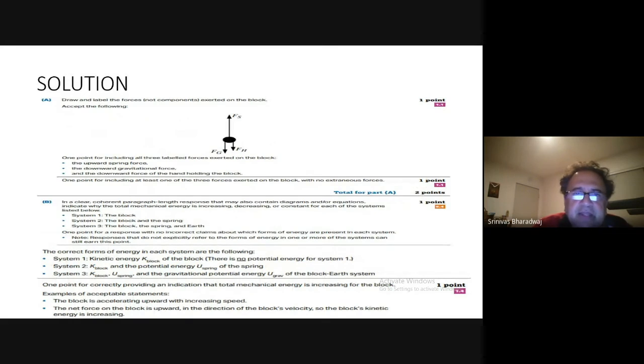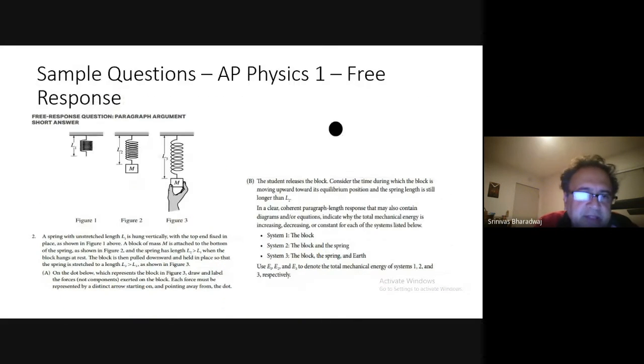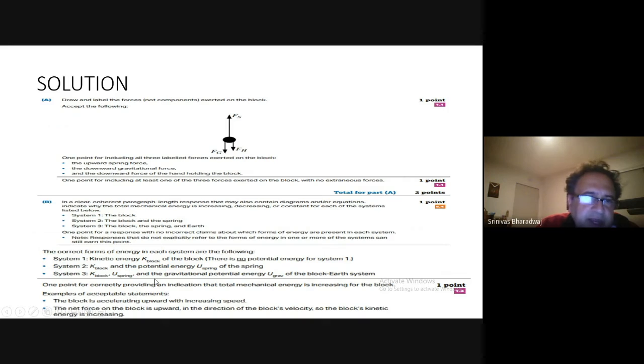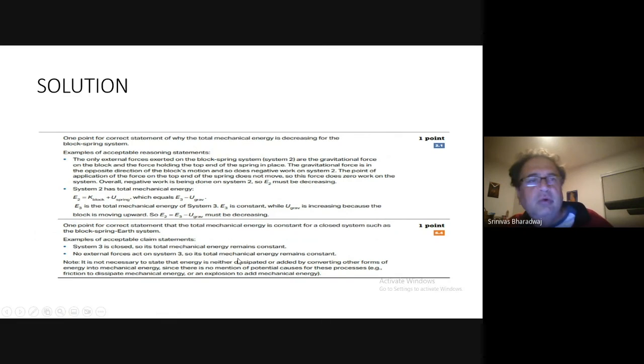When they mark your answer, they will mark it against a rubric, seeing if you have understood the concept they are expecting you to have understood for each of A, B, and C. If you reflect all the points that they want from you, you will score all these 1, 2, 2, 1, 1. All these points you will score. Okay, so typically,